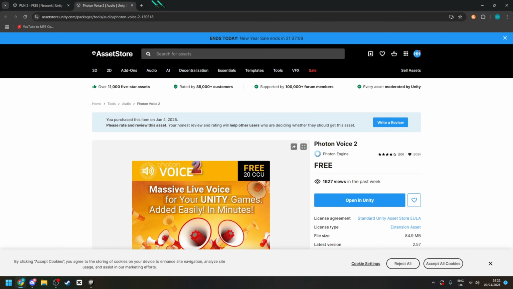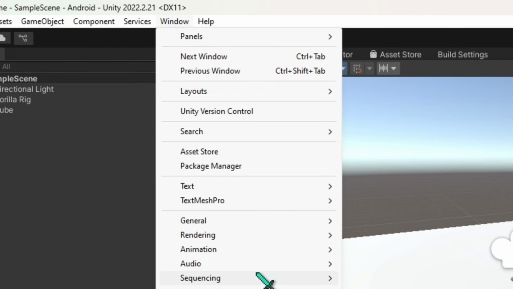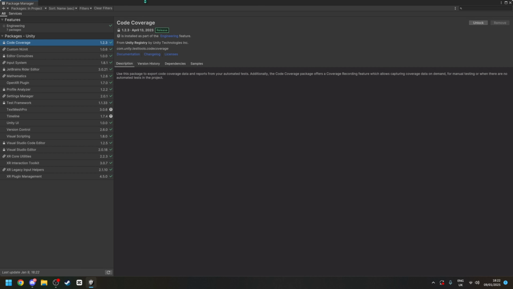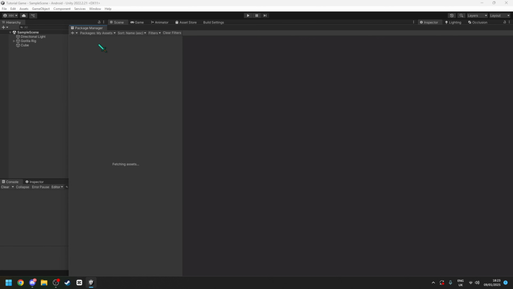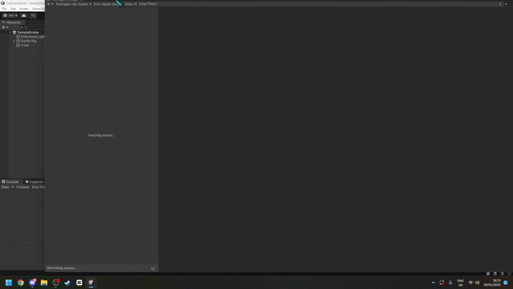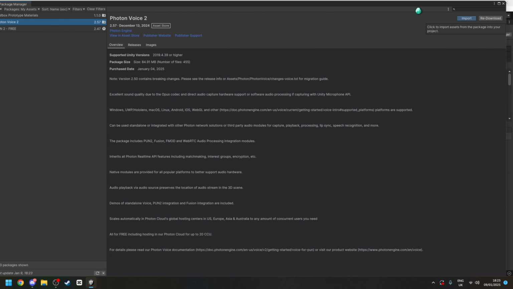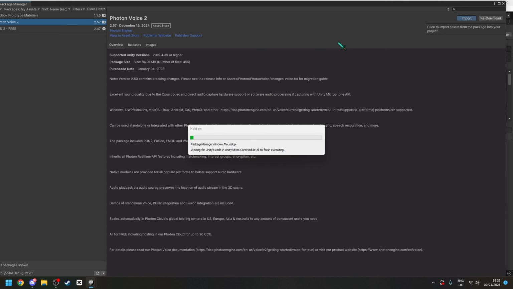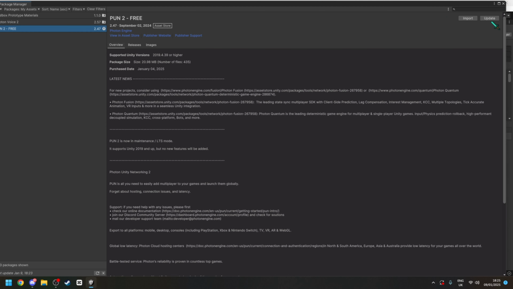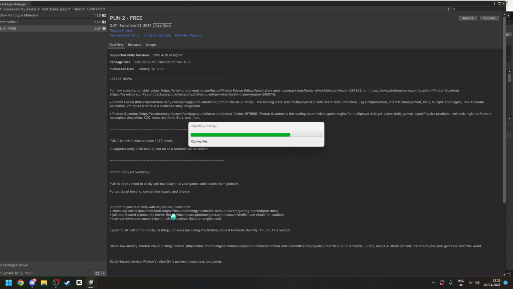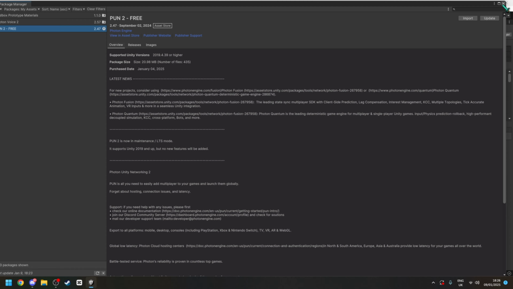And then once you have those, go into window, package manager, and then in packages click my assets, and then it should fetch them, and then click download, then import, and then do the same thing, select download, import. Okay, so then